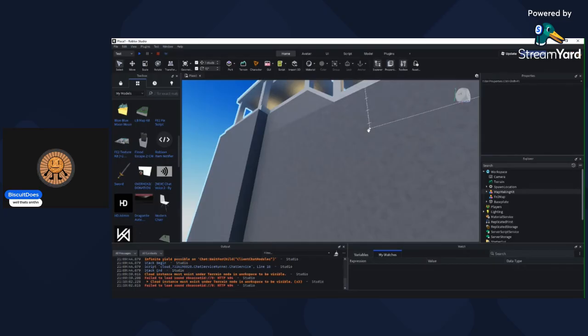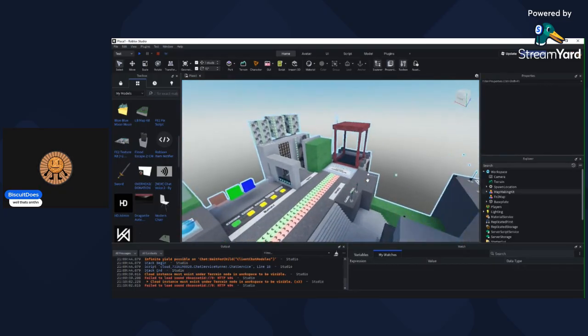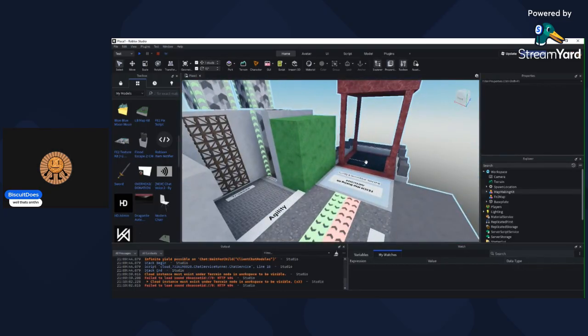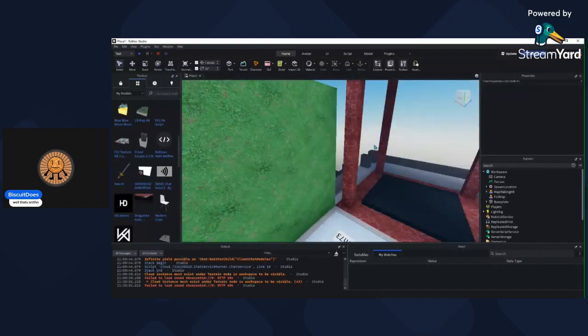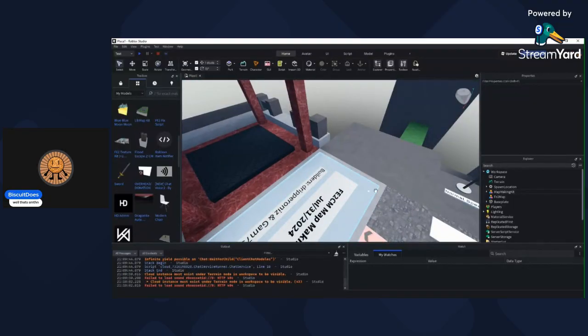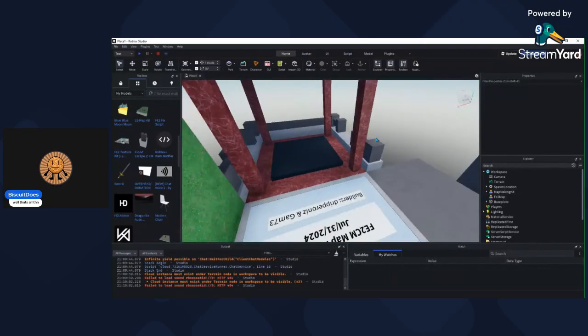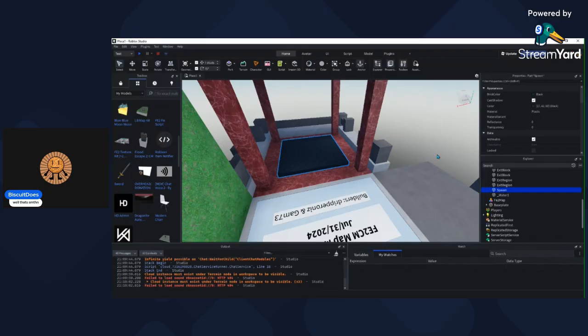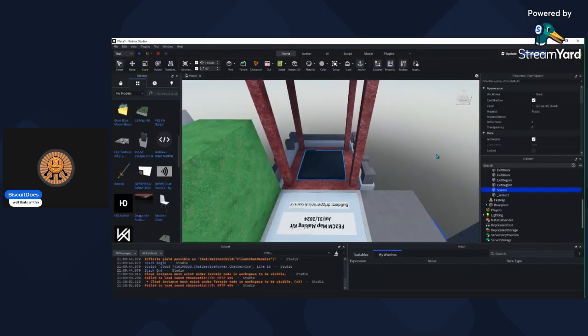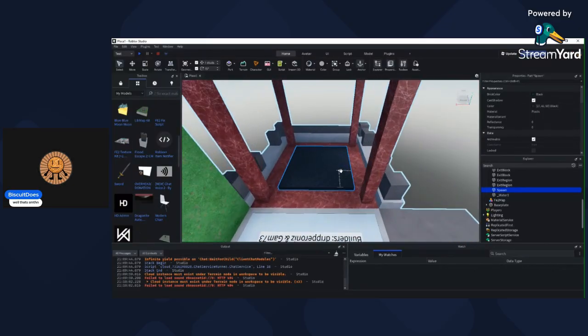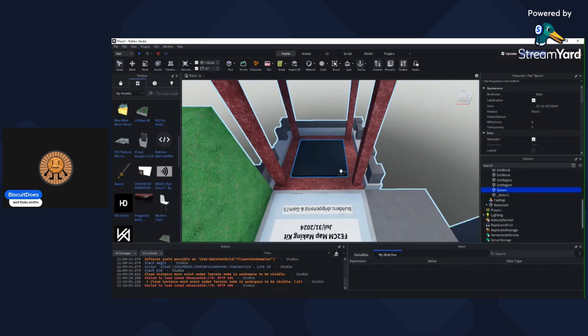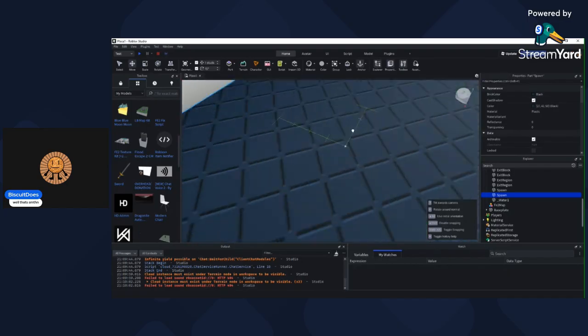On your keyboard you're gonna hold Alt, which allows you to select anything in a model, and instead of taking the whole thing, you're just gonna do Control D, which duplicates it,